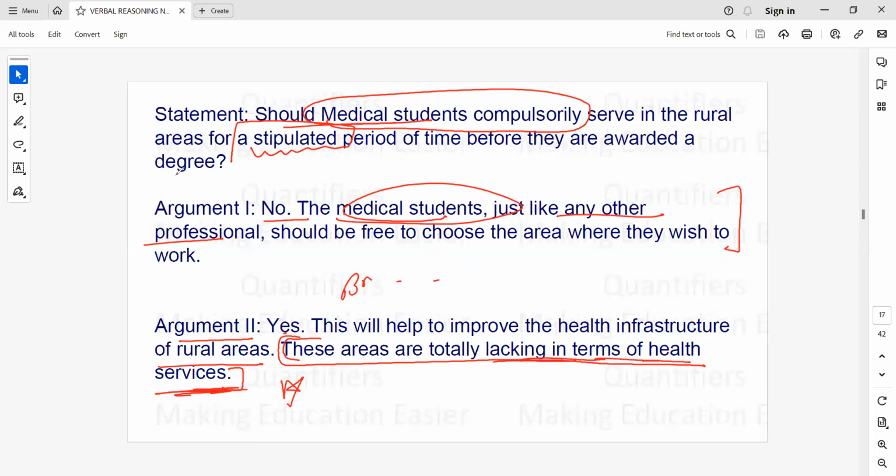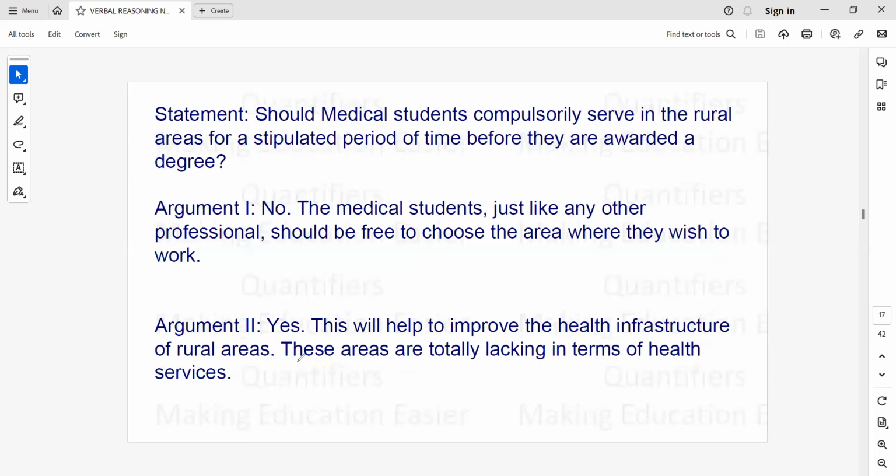Now, you remember I told you initially that verbal reasoning has a gray area, because some of you may not agree with this, okay? Suppose you're a medical professional, why should you go to the village? There are no basic amenities there, right? But you're going to think in that case. So there's always a difference in perspective. There is a difficulty in subjectivity. That is the reason that accuracy here is a gray area. So suppose there are 100 questions on verbal reasoning that you're solving in a day, out of which you're able to score 80 correct, then that's a decent accuracy. So don't go after your life that you need to have 100% accuracy in verbal reasoning.